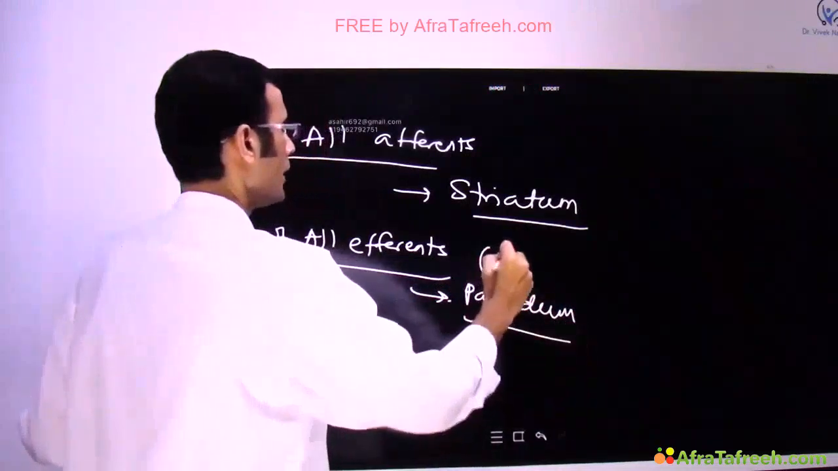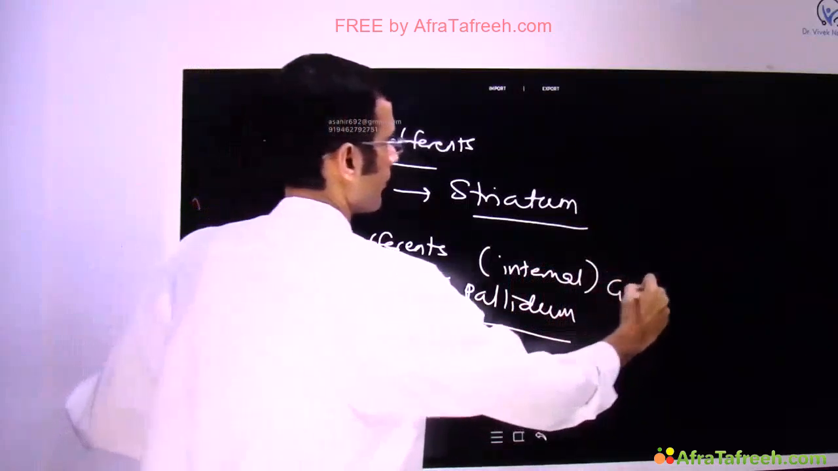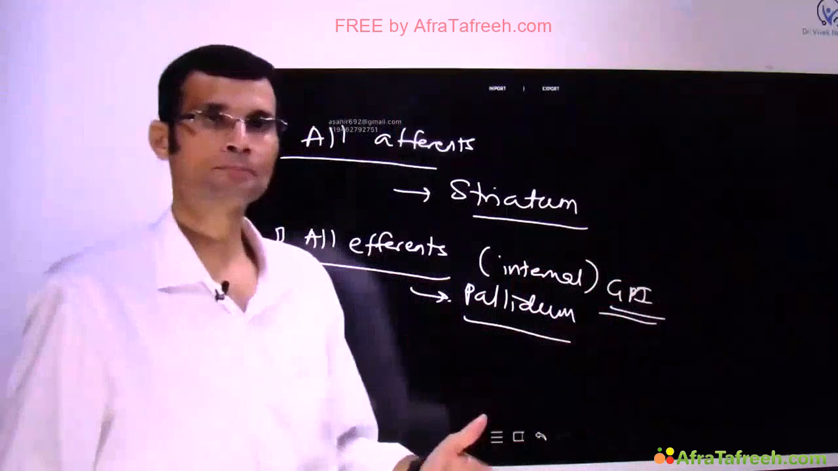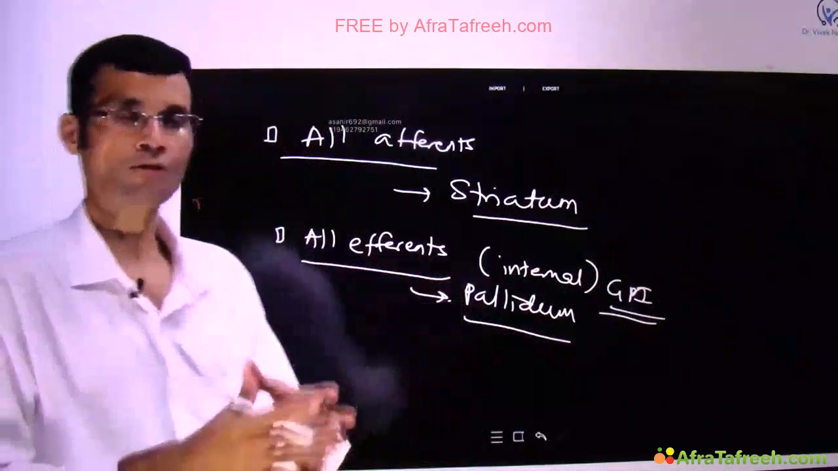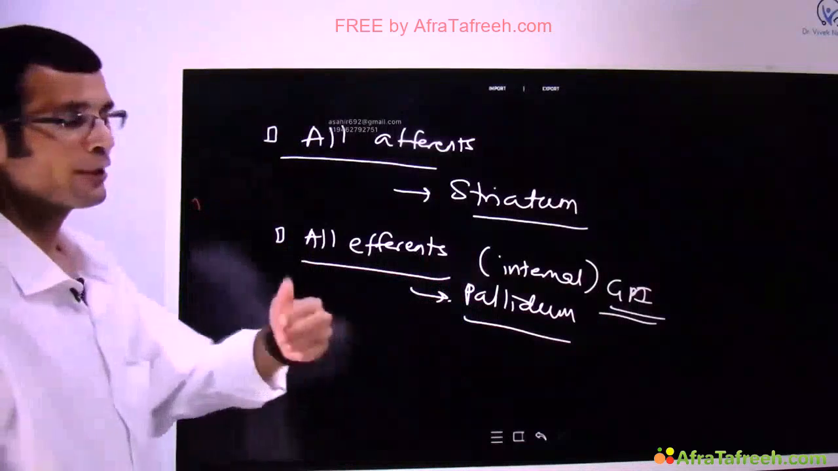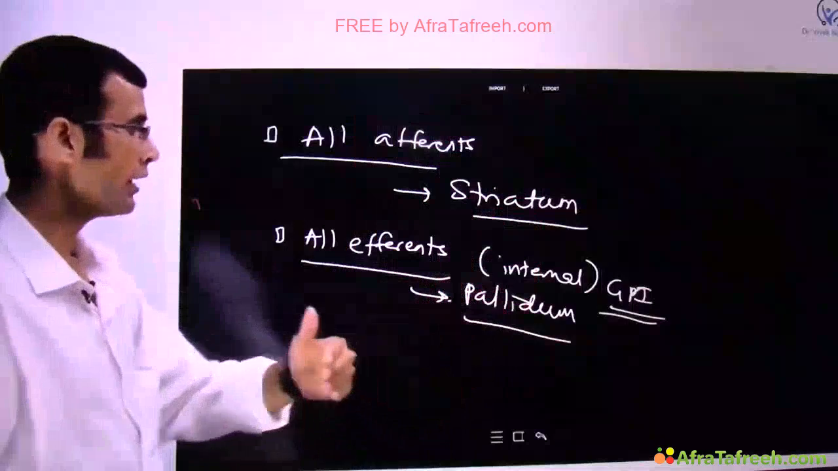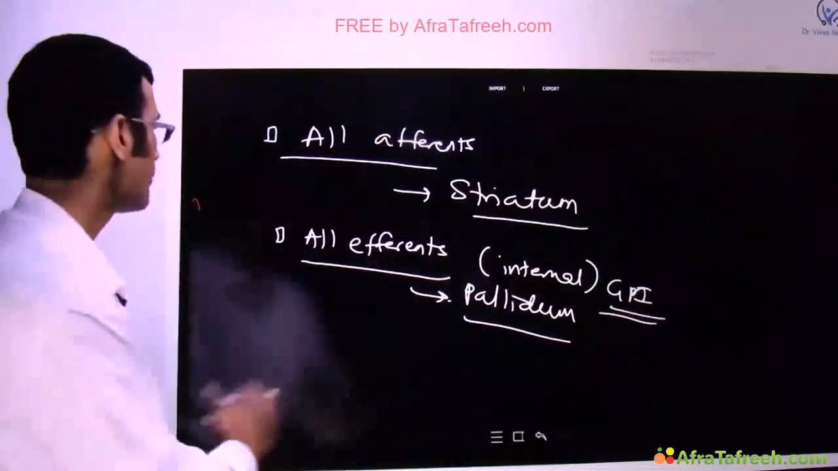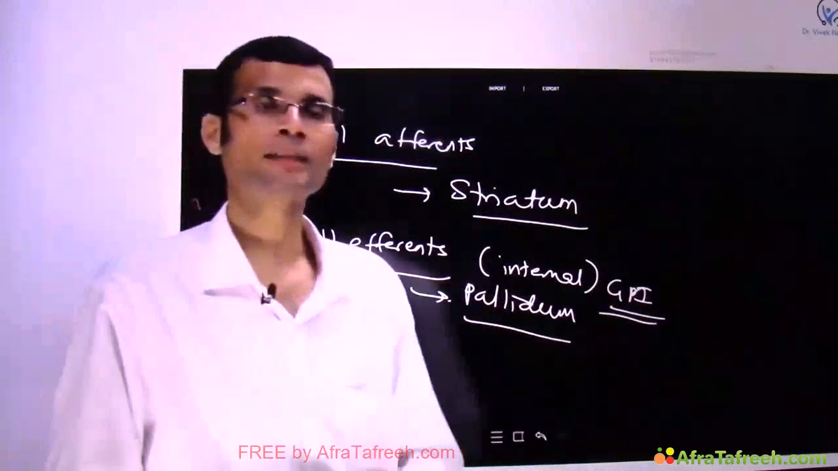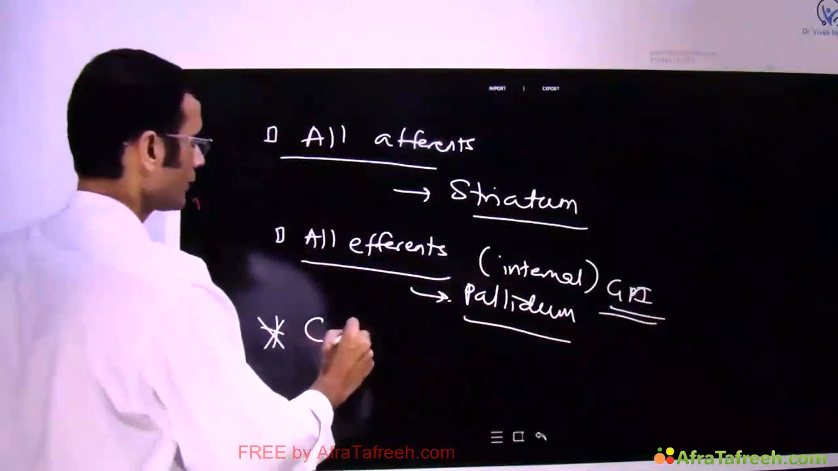That is internal globus pallidus. These are some of the generalized features of the basal ganglia circuit. All efferents that go out from the basal ganglia and go back to the cortex, they arise in the internal globus pallidus. Also, for the sake of remembering, we can say that only the fiber coming from the cortex